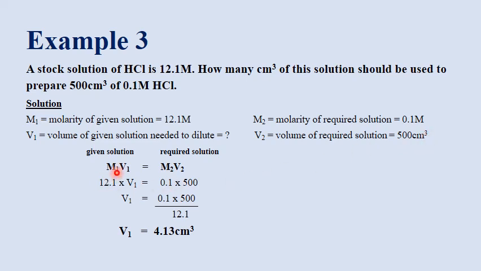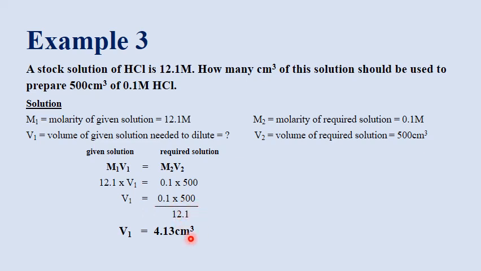Using the formula M1V1 equals M2V2, where the left hand side represents the stock solution that has a molarity of 12.1 molar, and the right hand side represents the molarity and volume of the required solution, and by putting the values in this formula we get 12.1 multiplied by V1 is equal to 0.1 multiplied by 500, and by simplifying this equation we get V1 equals 0.1 multiplied by 500 divided by 12.1,